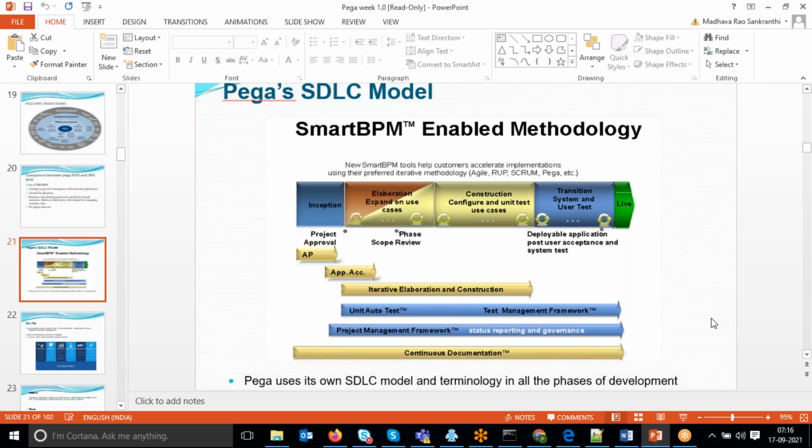Then they will do estimations: what is the time, how many resources, what softwares and hardwares are needed based on the requirement. Again, they will plan it. After that, the solution architects will prepare a technical document on how we can design this requirement technically. Once that is completed, it moves to the developer role.